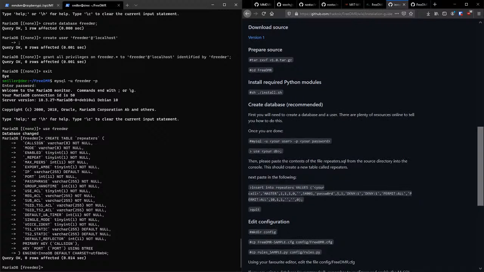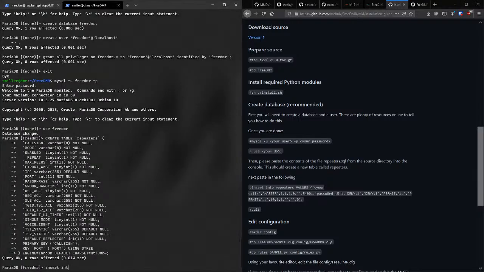All right, so next paste in the following. Insert into repeaters values. My call sign. Let's do it in caps. KC1AWV. Master. 1. I'm going to change this to 10,000